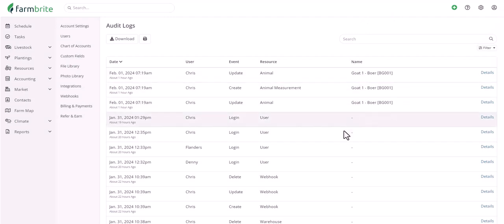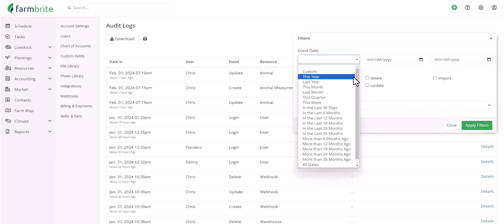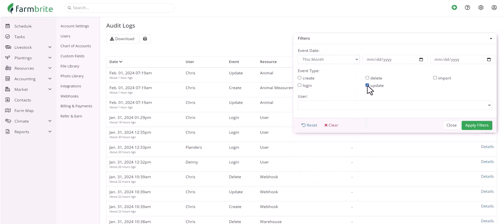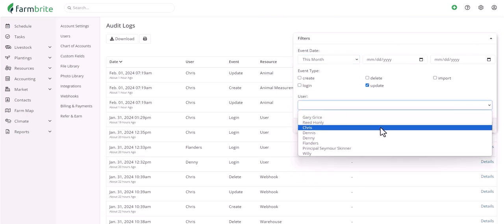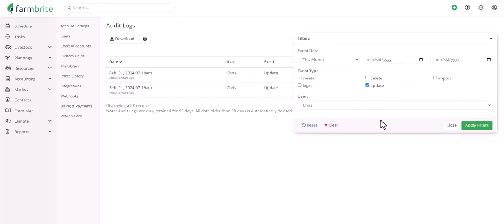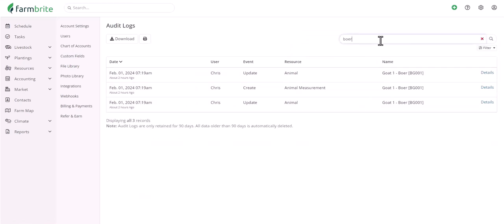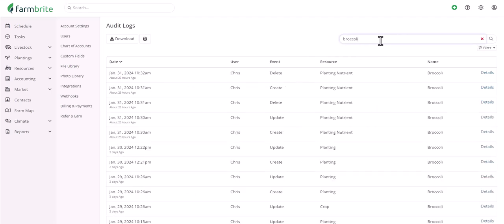The audit log is shown chronologically, but if you're looking for something specific, you can search or filter. When we click Filter, we can search by date, event type, and user. If we clear the filters, we can search for specific records. There's our goats, but we can look up plants or equipment